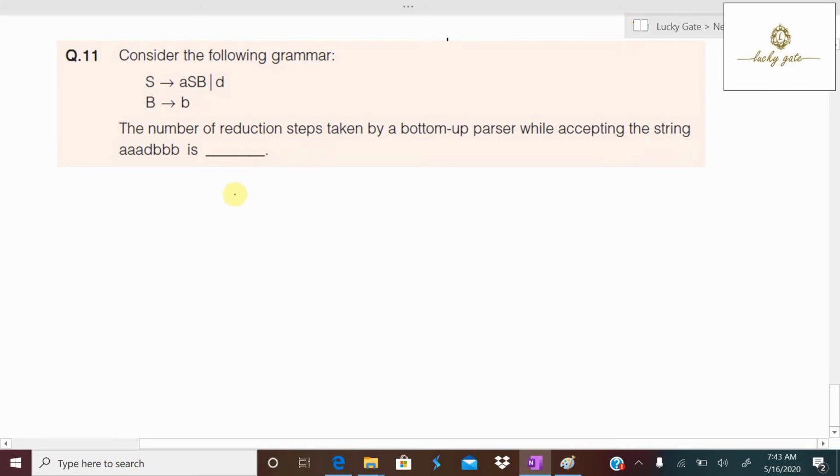It is a GATE 2020 question from the subject called compiler design. Here two grammar productions are given, first and second. The first production has two alternatives, and the second production has one alternative. Here the question is the number of reductions taken by a bottom-up parser while accepting the string